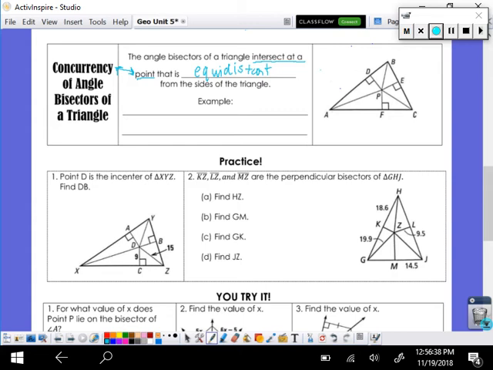Okay. So let's look at our example. We're looking at angle bisectors. So sometimes it can be great to identify the angle bisectors. So here we would need BP, AP, and CP. Those are all of your angle bisectors. So we will say if AP, comma, BP, comma, are angle bisectors,